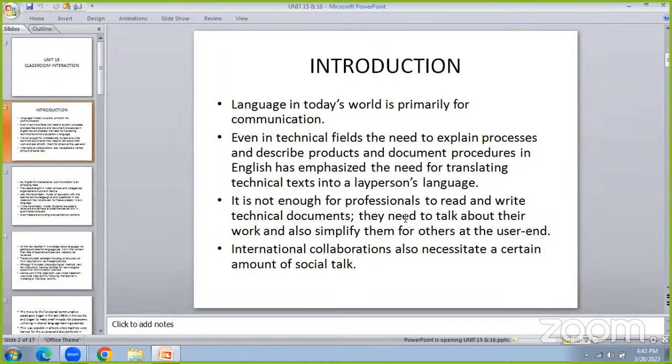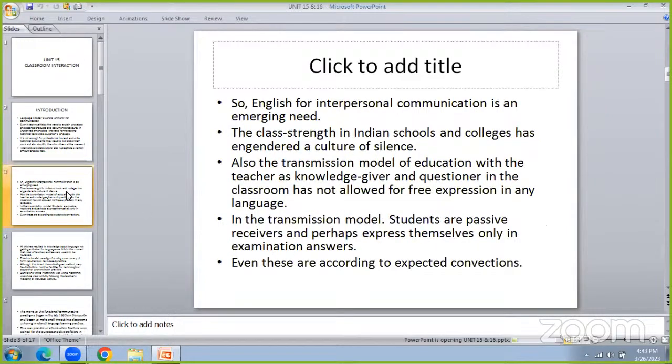It is not enough for professionals to read and write technical documents. They need to talk about their work and also simplify it for others at the user end. So these are the things: international collaboration. International collaboration also necessitated a certain amount of social thought. So that's the reason why we need to be very, very communicative. If you are a good communicator, you can actually